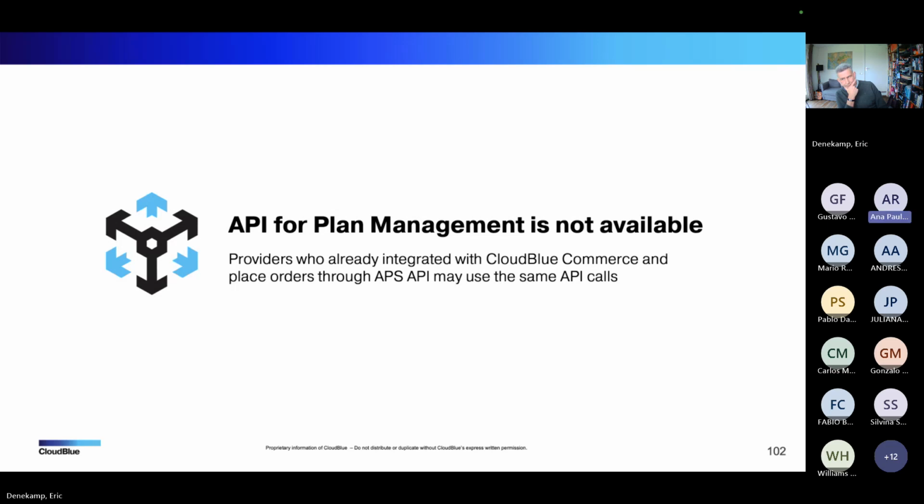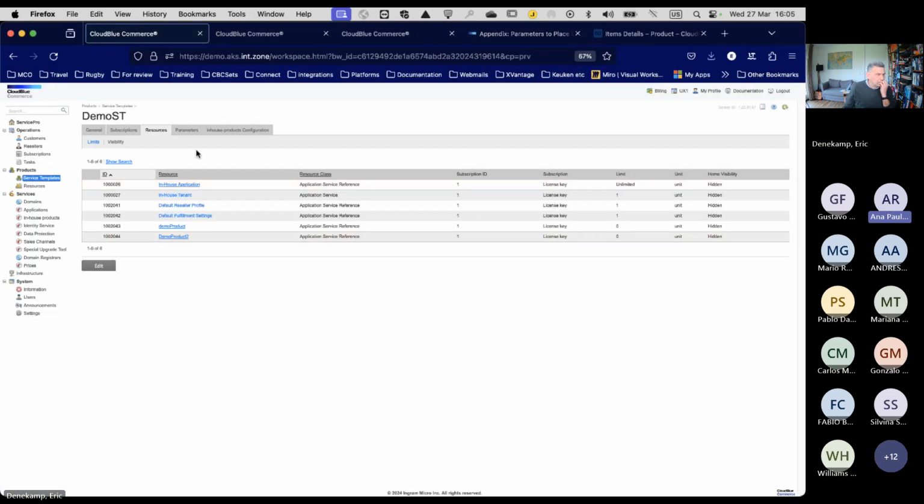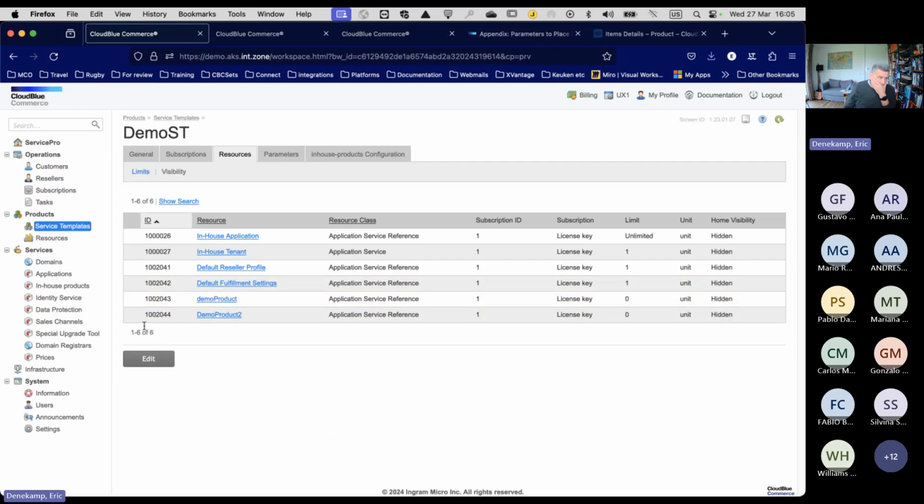No, I'm creating for NC because we are doing the migration manually, still from CSP to NC, and we create like 40, 50 orders every day using PCP. Oh, that's funny. Maybe it is a limitation that has been lifted. I haven't looked at PLM on version 21 for a long time.